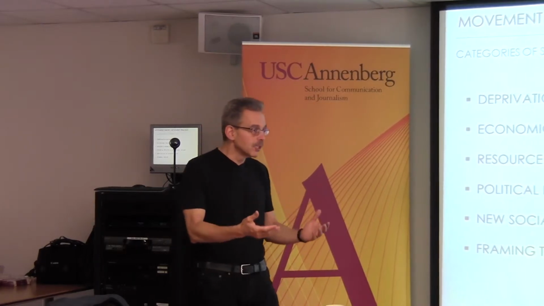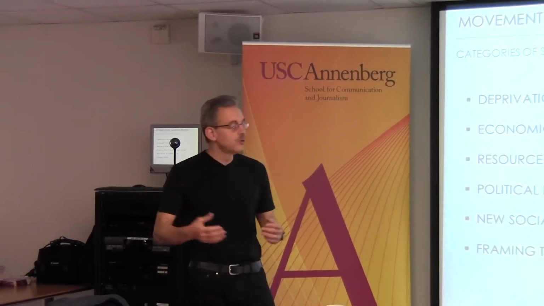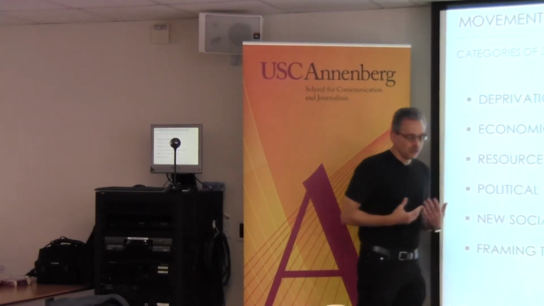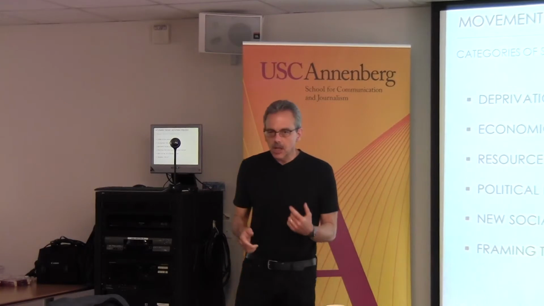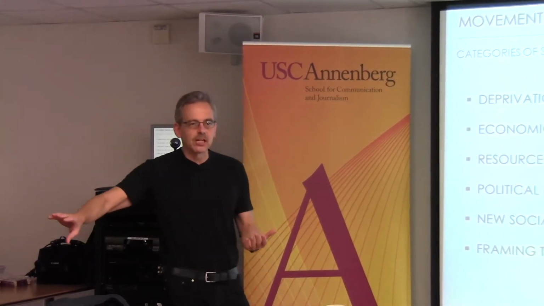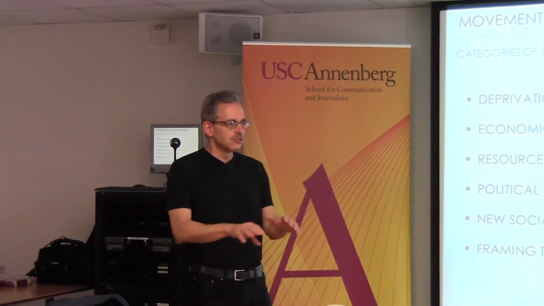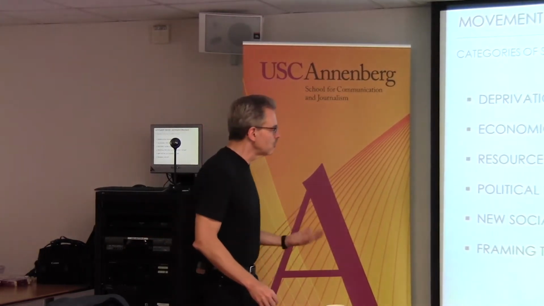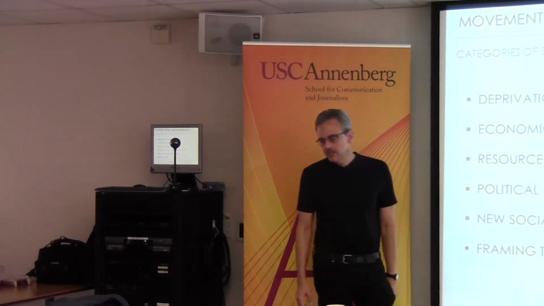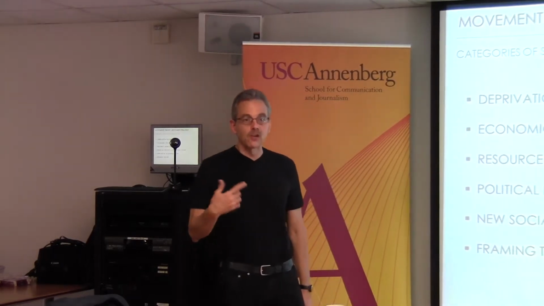So the gay and lesbian movement is an identity, the consumer movement, the organic food movement, there are other sorts of issue identities. But the problem with the issue identity thing is identity politics can lead to fragmentation. So if you've got too many identities going on at the same time, it's hard for people to cohere. And so the modern theory is called, in more complicated terms, social constructionist theory or framing theory.